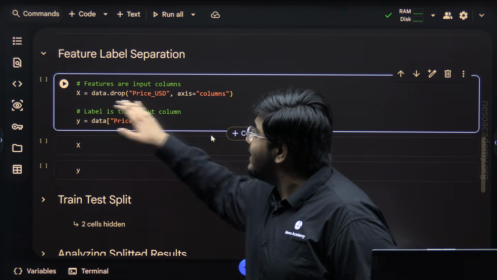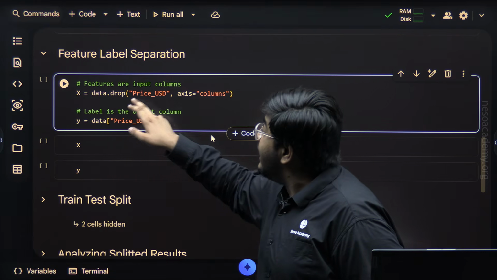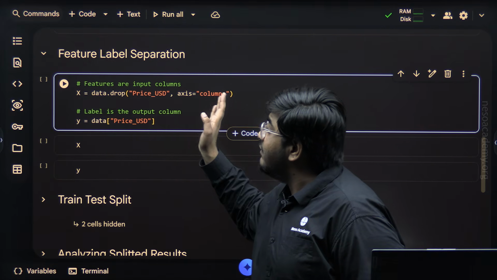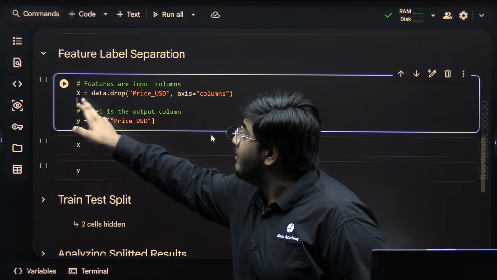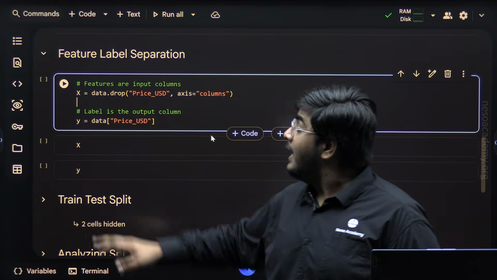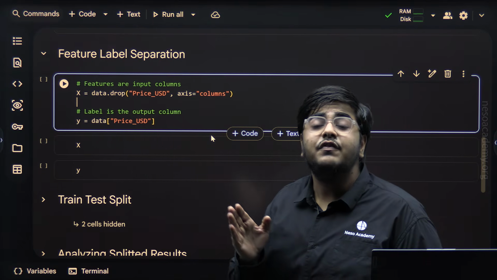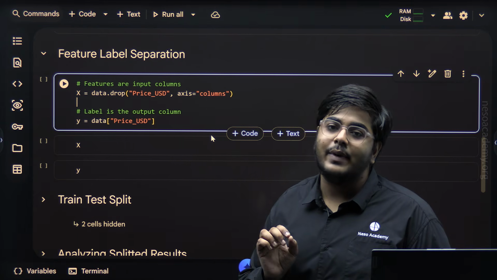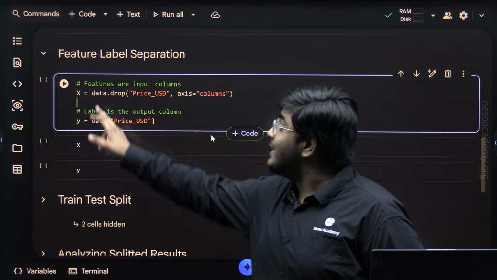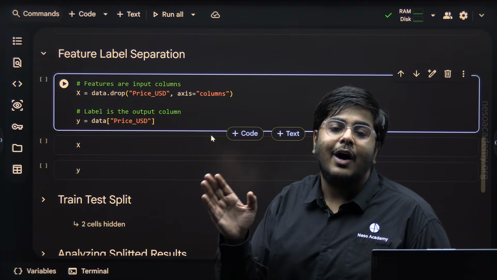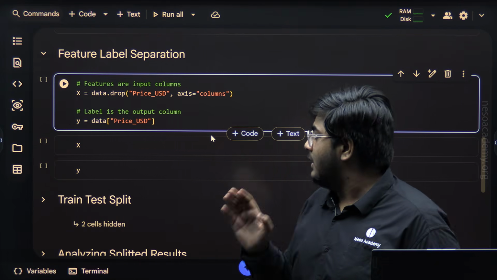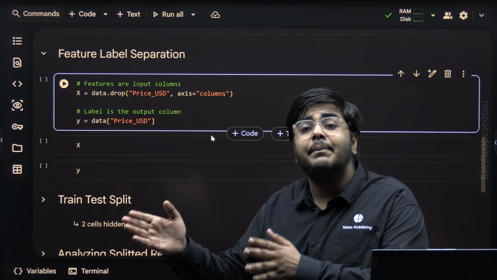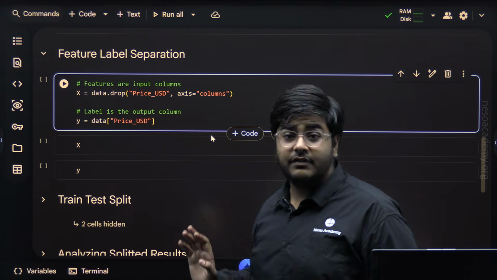So what does this line signify? It will delete the column price USD from the given data frame data and will store the remaining columns in the variable X, which means X will only have the features of the dataset, excluding the label, that is price USD. Now, the label is the output column. We need to have the label in a separate variable, that is lowercase y.